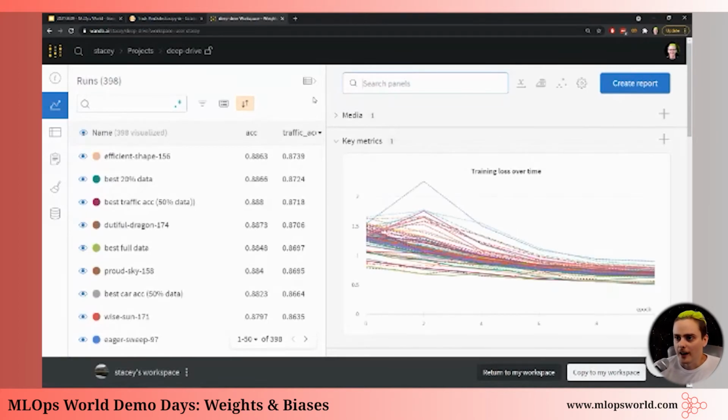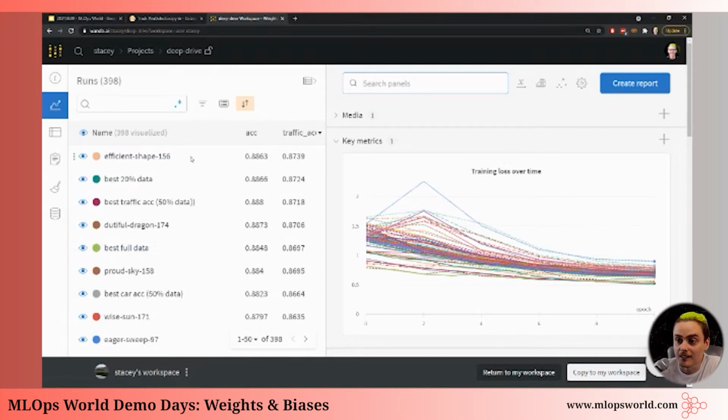So this is that Weights and Biases dashboard here, which gives a visual way to interact with this database of information about Stacy's experiments. On the left-hand side is the tabular view of the information about all the experiments Stacy did as part of this project, using Berkeley's Deep Drive dataset to train a network to do segmentation of images. So on the left-hand side, each row here is one run, one experiment